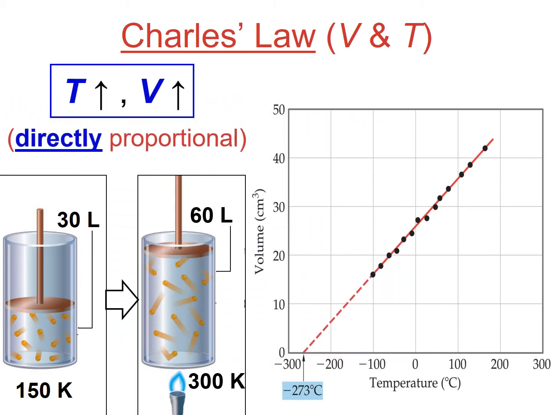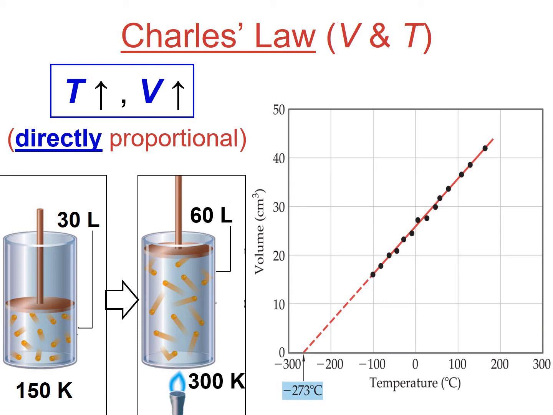T goes up and V goes up, both at the same time. They are directly proportional. So Charles' law describes a direct proportion, whereas Boyle's law described an indirect